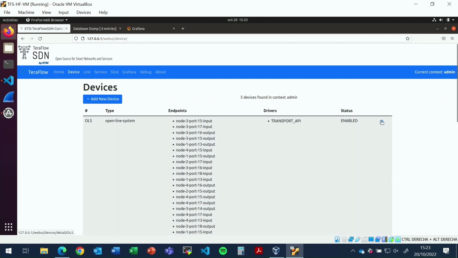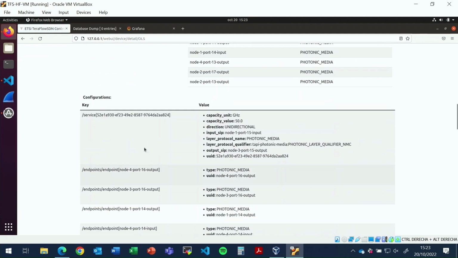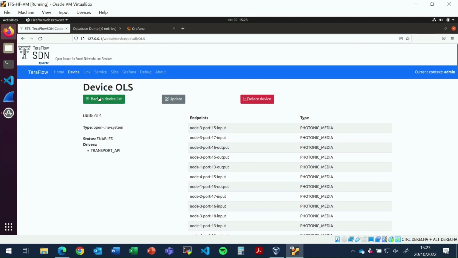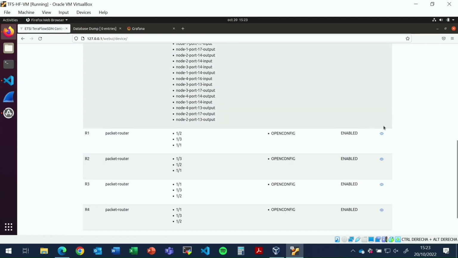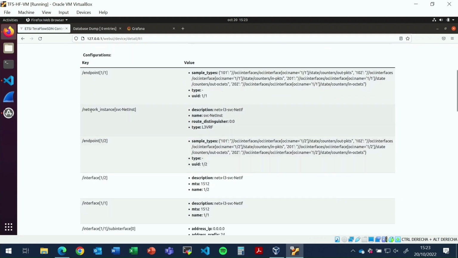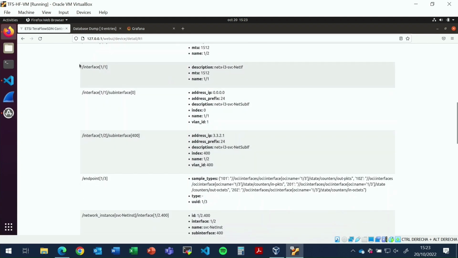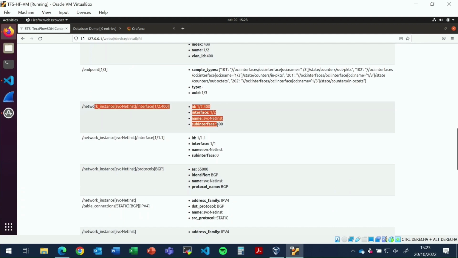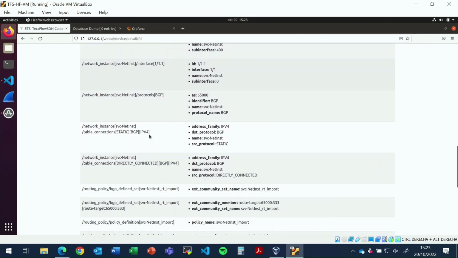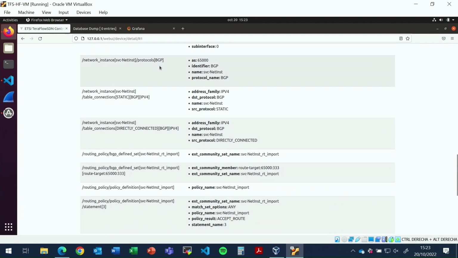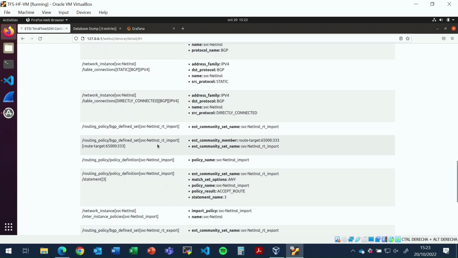For instance, I will go to the OLS. And here you can see that a service was created for configuring this connection with all the attributes. And also going to the device list, we will check just one of the routers, and you can see that here it created the network instance. It created, for instance, interface configurations, subinterface configurations, association of the network service with the interface, and protocol BGP, the table connections, all the details. So that was done just by